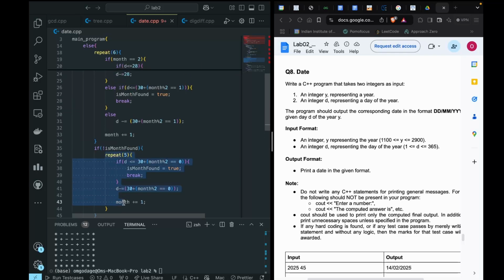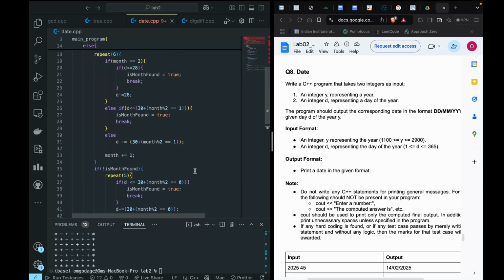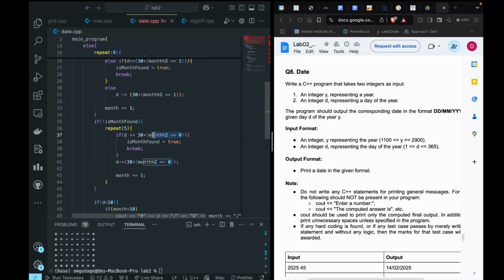The reason why we have to write this repeat loop differently again is highlighted over here. Over here we were giving odd number months 31 days, but over here it changes to even numbered months. From August, which has 31 days, its month number is 8, which is even, and so is October. Its month number is 10 and it has 31 days, and so is December, which is 12. So the change in the order, the change in the parity, is why we have to rewrite this